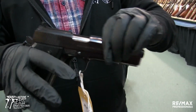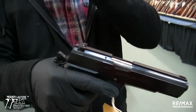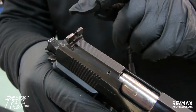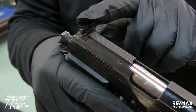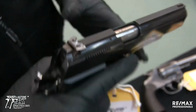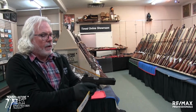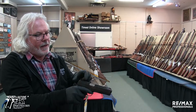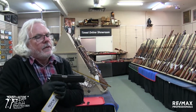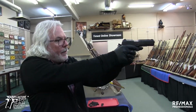Everything feels very smooth, it locks up nicely. This has got a fold down sight, and I assume, and again somebody might know better than me, that it is adjustable when it's in the up position. The two screws are for adjustment. When you come up on sight with the sight folded, it is kind of at the same height as that front sight, as a sort of battle sight. They're not accurate by any means because there's quite a gap in there,